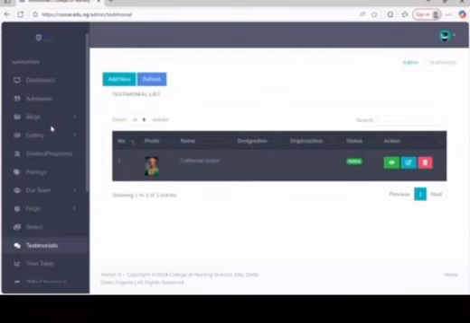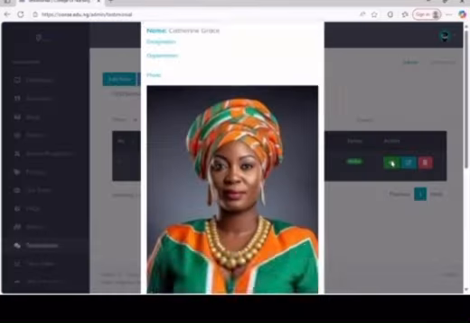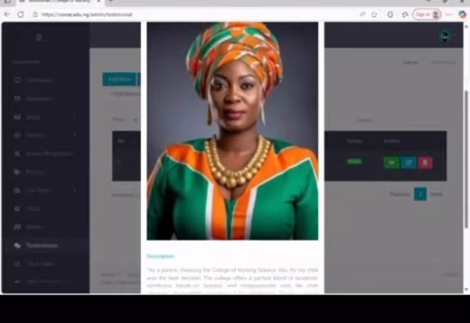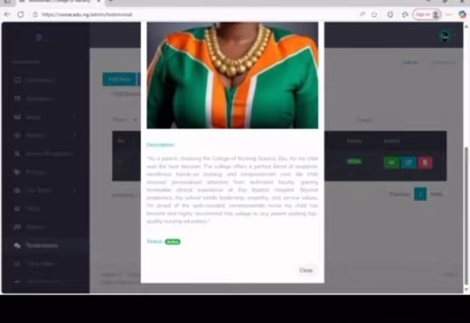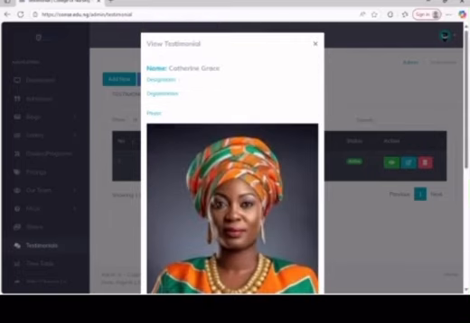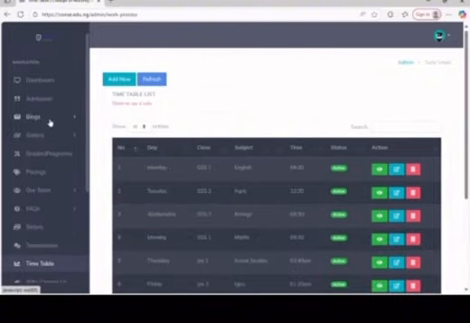Next is the testimonials, and they have the serial number, the picture of the person if you want to add, the name of the person, designated position of the person, the organization the person belongs to if needs be, the status of the testimonial, if it's still active, if you want it to reflect or you do not, and the action as usual if you want to view, edit or delete. Now, this is a testimonial from a parent, Mrs. Catherine Grace,